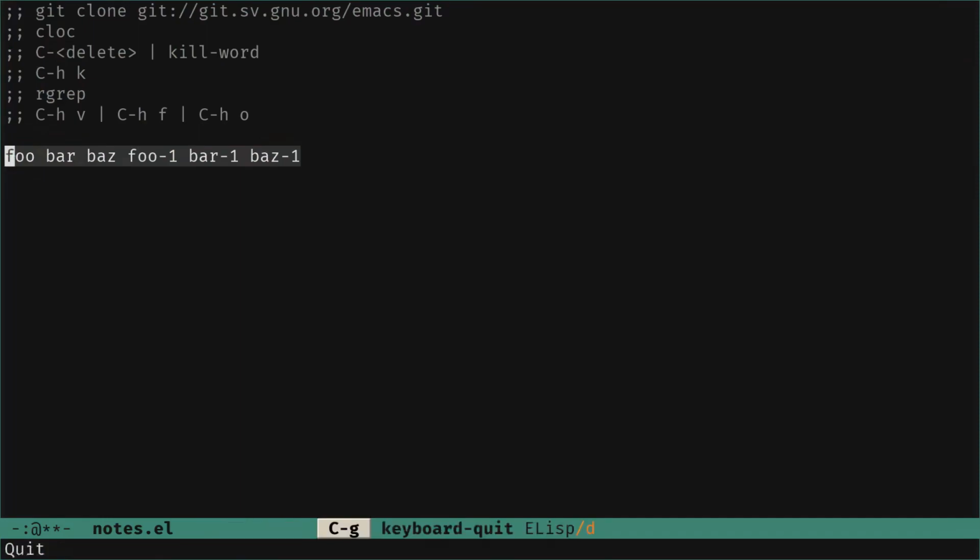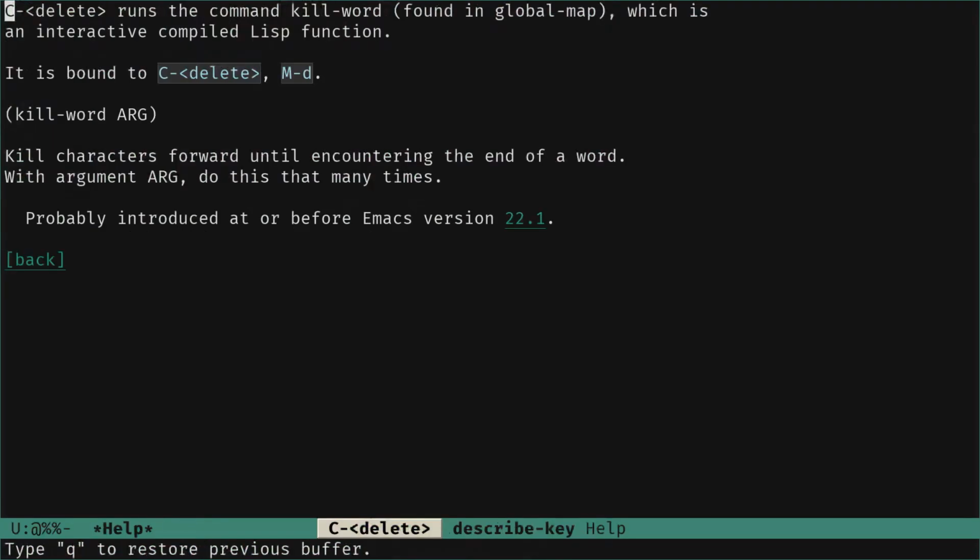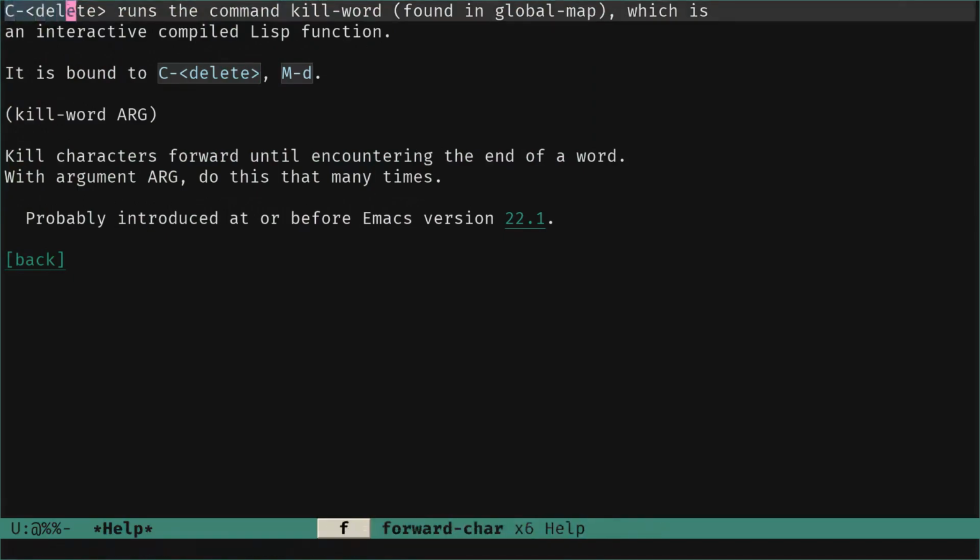So okay, Control H, K, and now you see at the bottom, describe the following key, mouse click or menu item. So now I press Control Delete, and it brings me to the help buffer of the command bound to Control Delete right now.